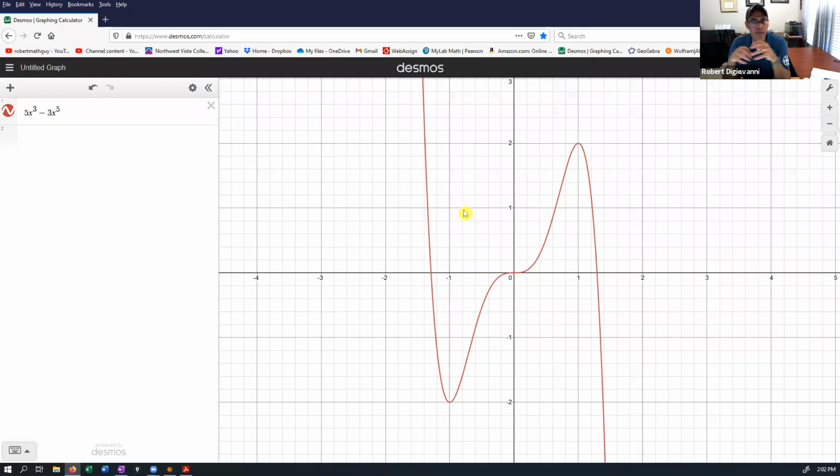Now I want us to take a step back. This is a polynomial function. In college algebra, you would have been asked to graph something like this. You would have determined the x-intercepts. You would have determined that the left side goes up and the right side goes down, using the leading coefficient test. You would also figure out whether you cross through these x-intercepts or bounce off of them, called the multiplicities of the zeros. I understand it's been a while, but this is something we did in college algebra.